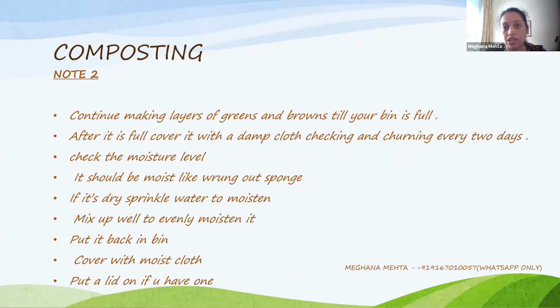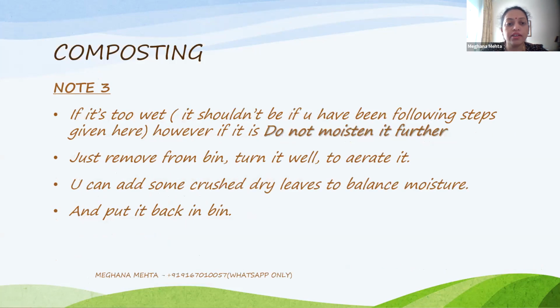That should happen. If the temperature is not increasing inside your composting bin, now the first bin in which we start our layers of greens and browns is known as the cooking bin. So in the cooking bin, if the temperature of the greens and browns and waste has not increased, then the composting has not started. That's an indication. It will automatically rise up and become very hot, up to 50 degrees centigrade.